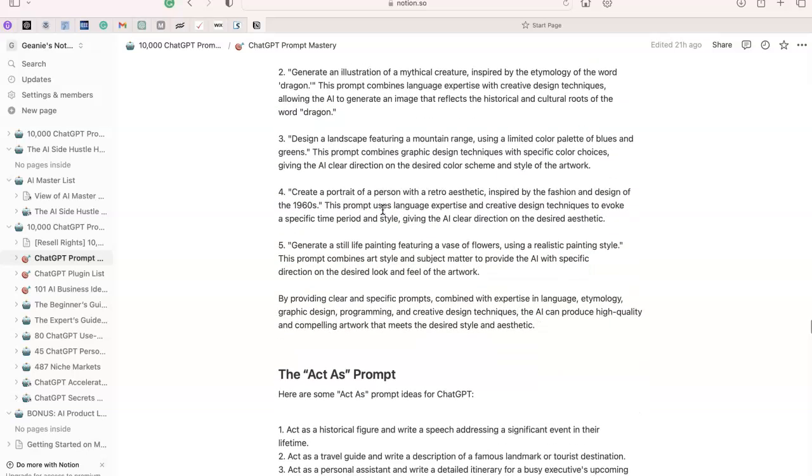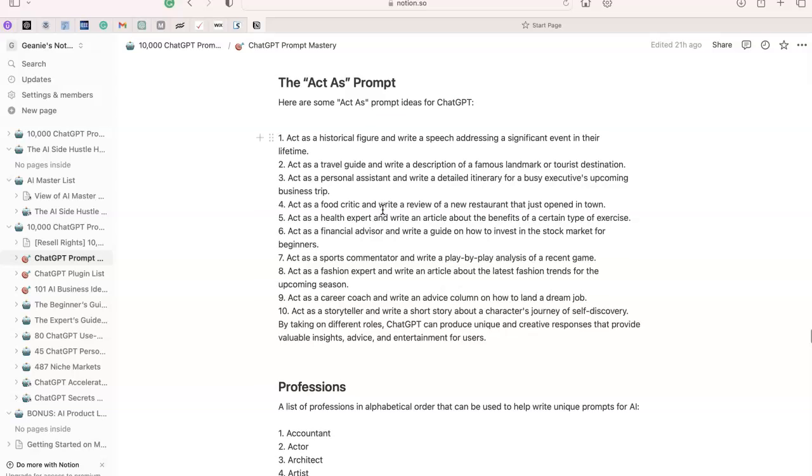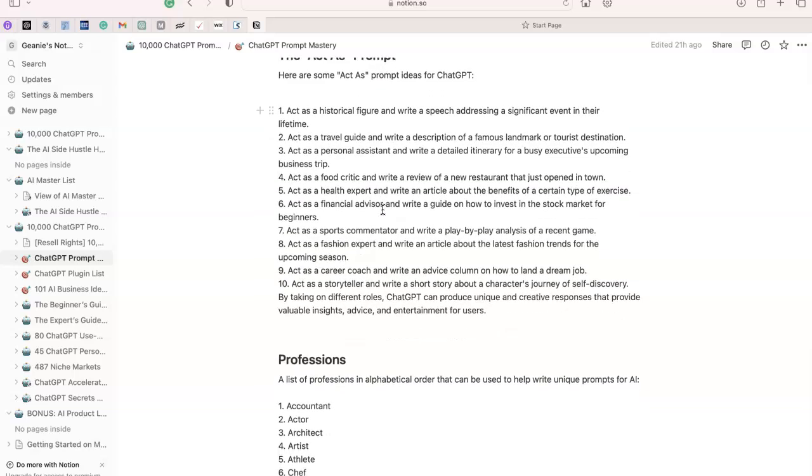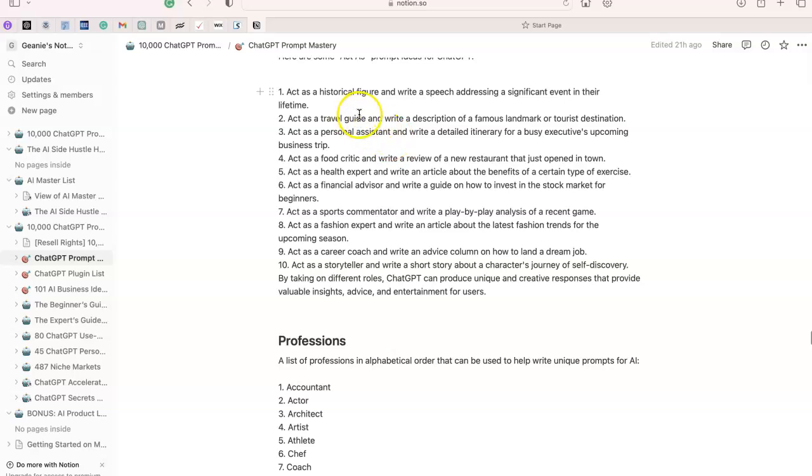We'll come back to these because they're for images. Now this is great, the ACTAS. So act as an historical figure and write a speech addressing a significant event in their lifetime. Act as a travel guide and write a description, but also a good one is act as a travel guide